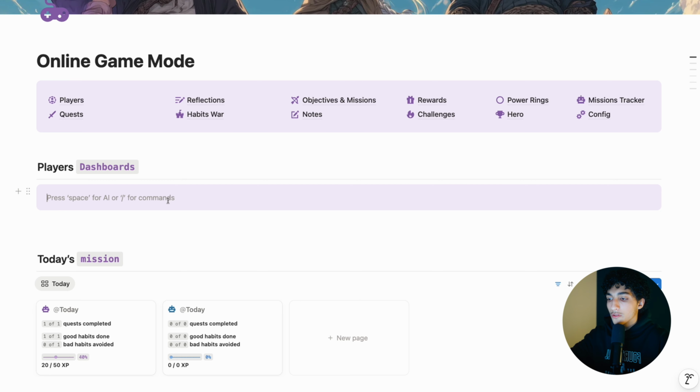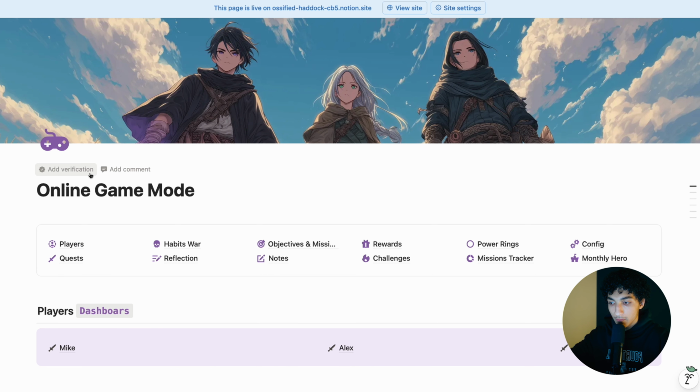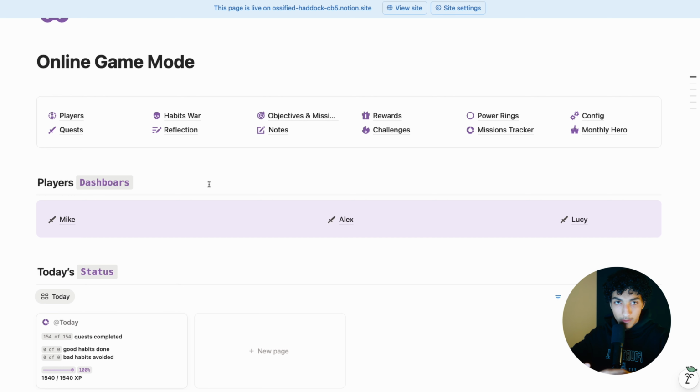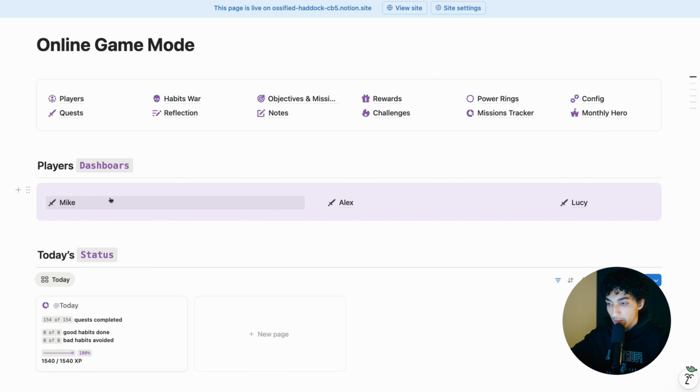Now I'm not going to create every player dashboard, it takes time. So let me show you how to do that. Here we are in the original template. This is the one you can duplicate. It's free in the description below. So if we go to my dashboard here,